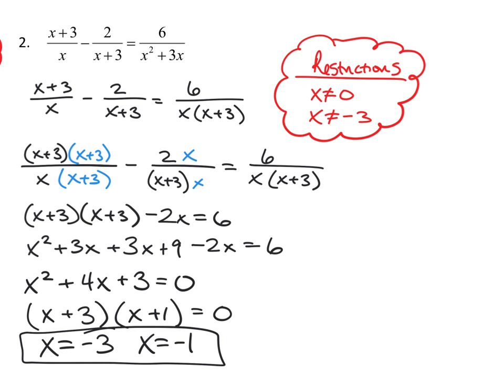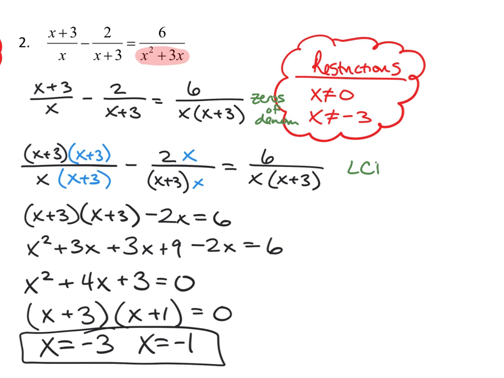All right, here is what this one should look like. First things first, we factored the original denominator because we weren't exactly sure what the zeros of that denominator would be. But we found out that they kind of match, so the restrictions are just that x cannot be 0 because it would be 0 in the denominator here, and x can't be negative 3 because it would make most of these denominators 0. But now we need the denominators to match, so after we factor to find the zeros or the restrictions of the denominator,